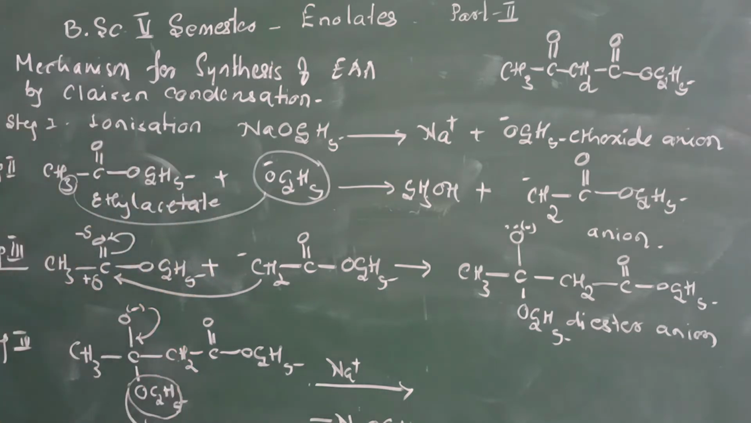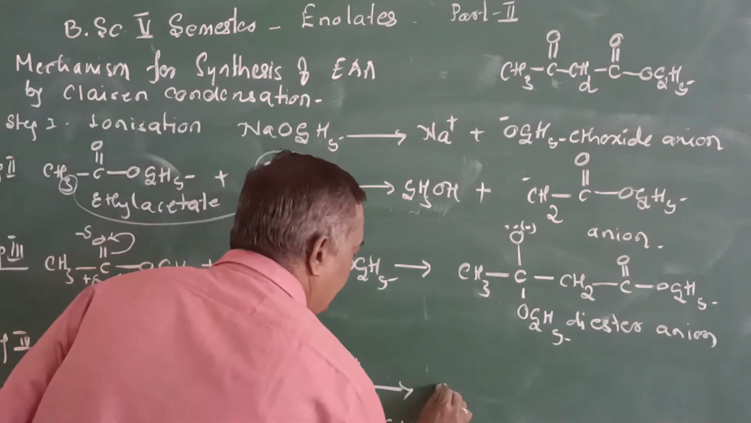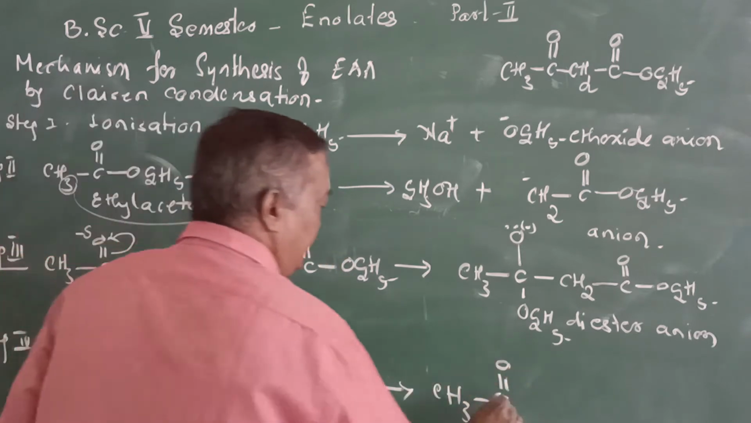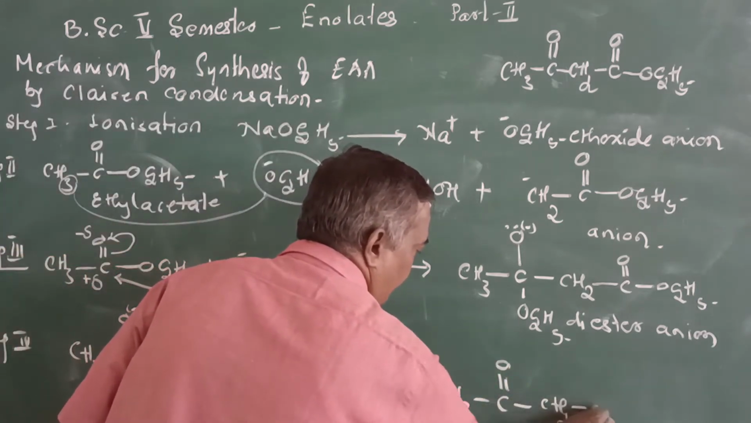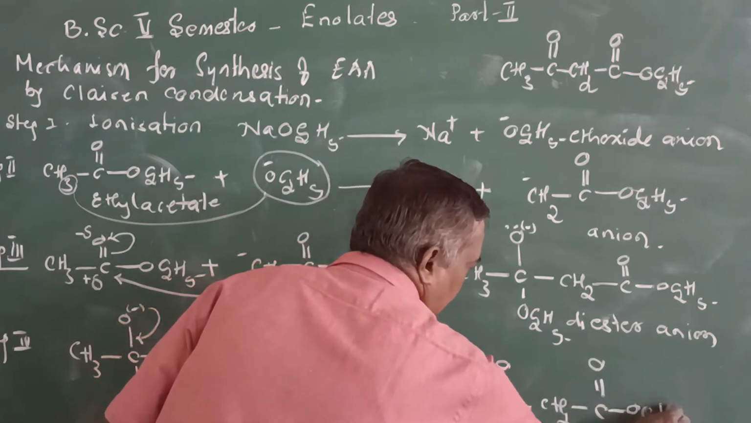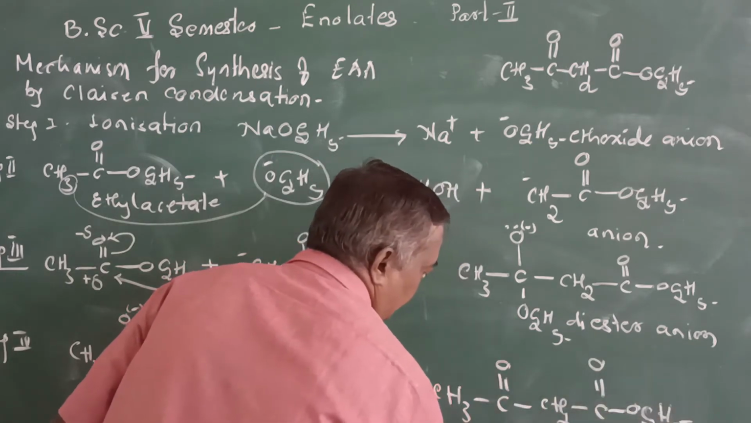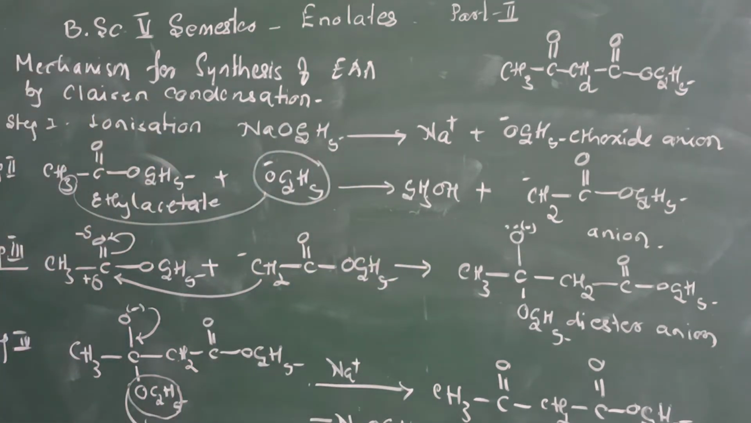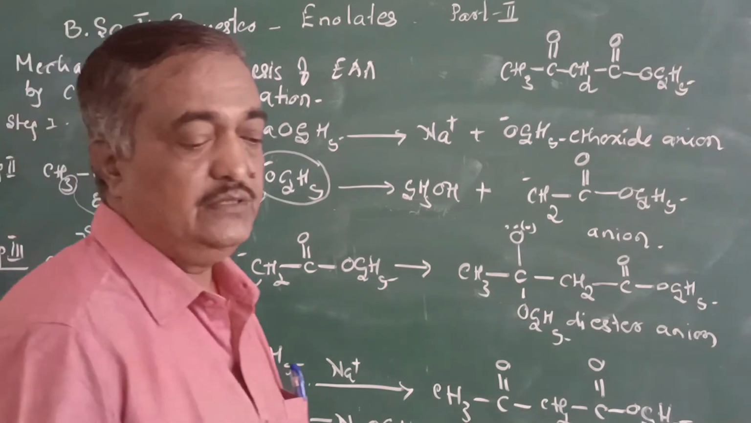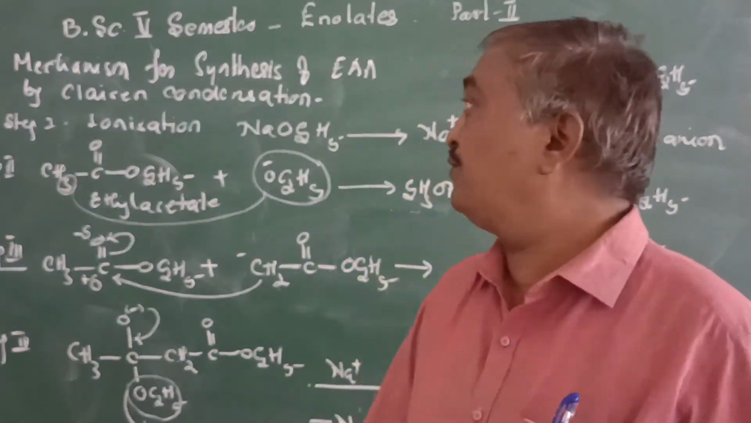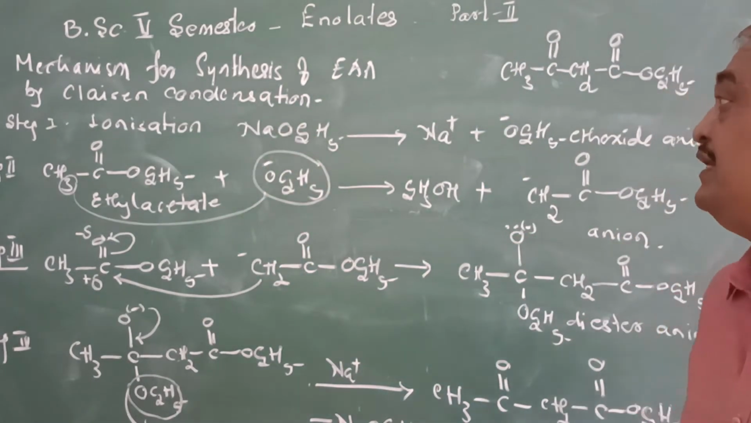It is the regeneration of your sodium methoxide, and this will become CH3C=O, then CH2C=OOC2H5. So this is your EAA. Okay. So in examination, if there is a 5 marks question, explain the synthetic method of preparation of Claisen condensation